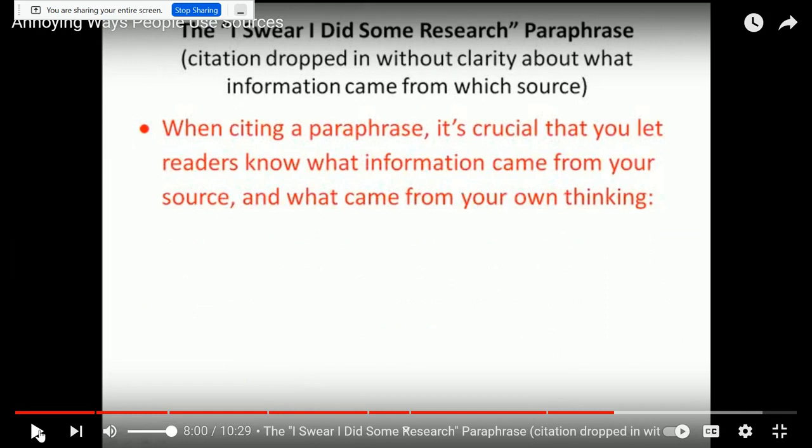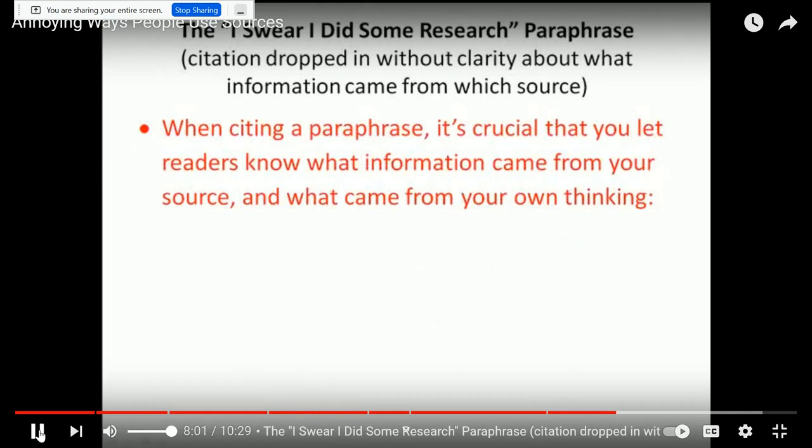But if you are still paraphrasing a fact, a story, something that is very specific to one particular source. It's not in all the sources. It's really only one. Maybe it's the story of Johnny. But you're still paraphrasing it in your own words. You're still wanting to tell us where you found that information, right? So even though it's a paraphrase, you're telling us, I found this story, I found this fact, this information from this source. So I'm going to include a citation.